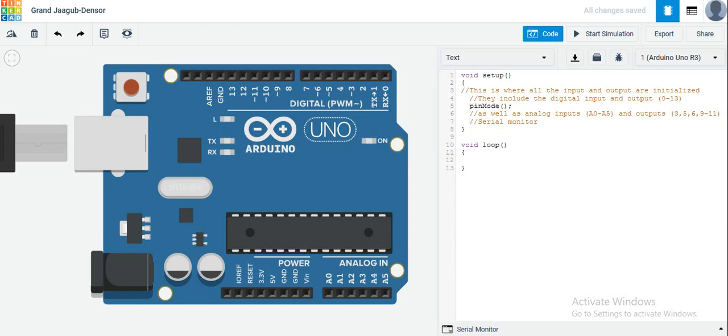So as I indicated, the serial monitor will be declared here. Then we have also the digital inputs and outputs, as well as the analog inputs and outputs. I have shown which ones we are talking about. The 3, 5, 6, 9, 10 to 11 are the PWM, pulse width modulation, as I explained some time back. So use the command pinMode to be able to do that, and that command